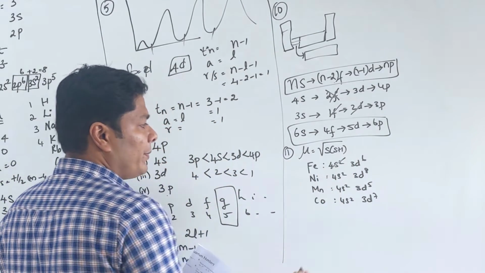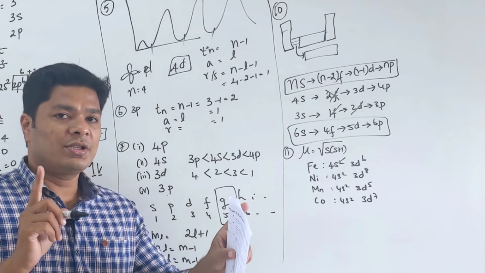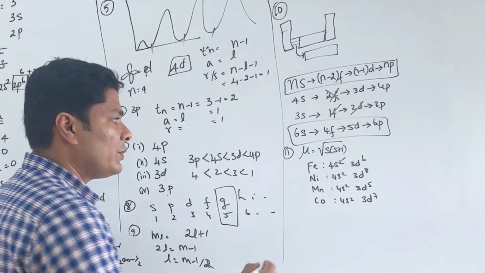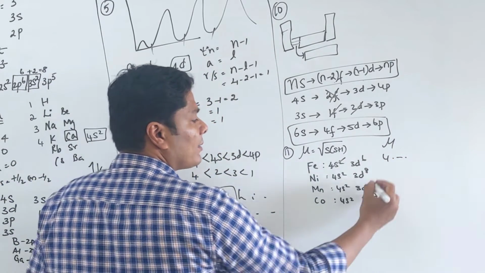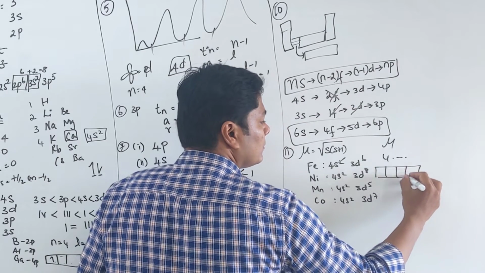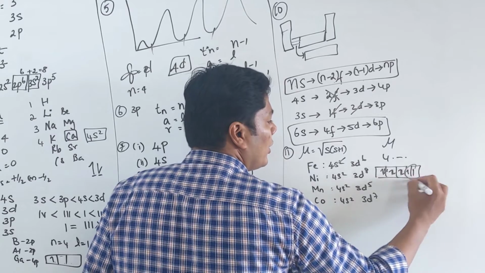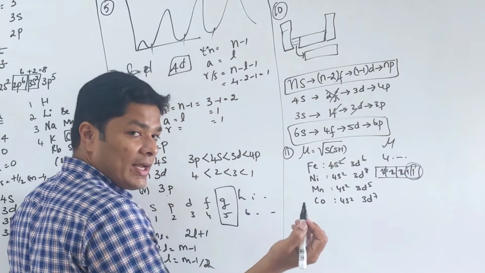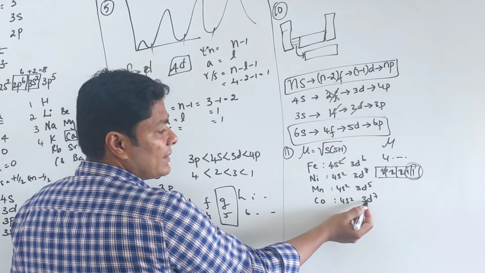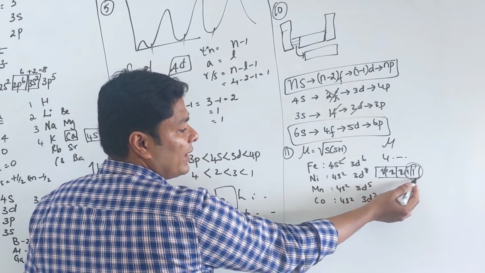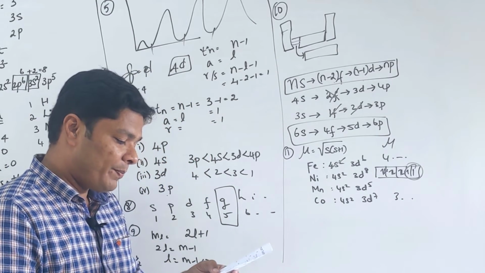So these 2 electrons will go. 6 electrons: if you put them in the d orbital, 5 go in first, and when you put the 6th, there will be 4 unpaired electrons. So the magnetic moment of this is 4 point something. This one has 8 electrons: 1, 2, 3, 4, 5, 6, 7, 8. 2 electrons are unpaired, 2 point something. That's your answer. 5 electrons will be unpaired, so 5 point something. This one has 7 electrons. If you take one electron from it, what will be there? 3 electrons. So this is 3 point something. So that's how you do the answer for this one.